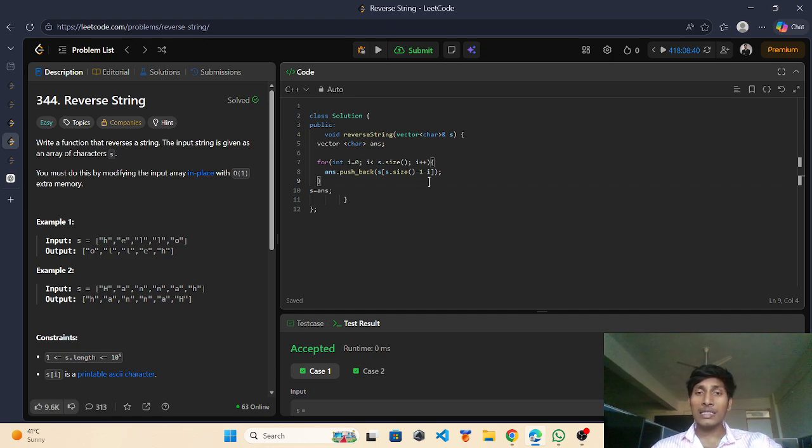And minus i is so that as i increases consecutively, it reverses the string respectively. So it was all about this question, and this is the solution with logic.